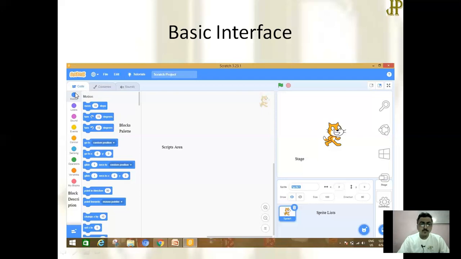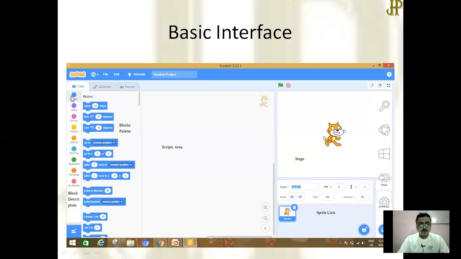And based on these block categories, various blocks are given in the right hand side. As soon as we click on a particular category, all the available blocks are shown here.